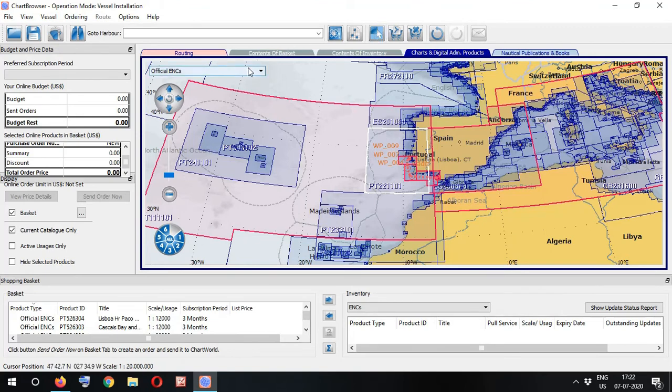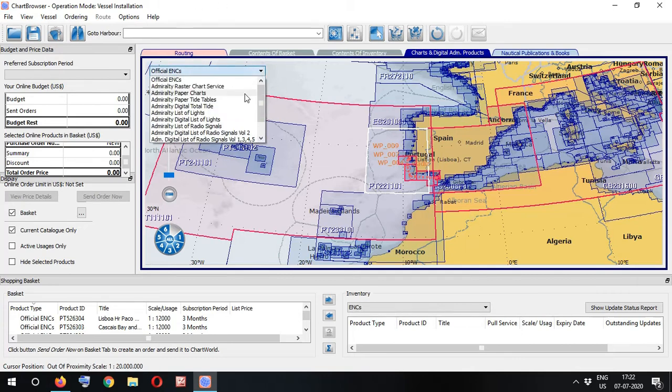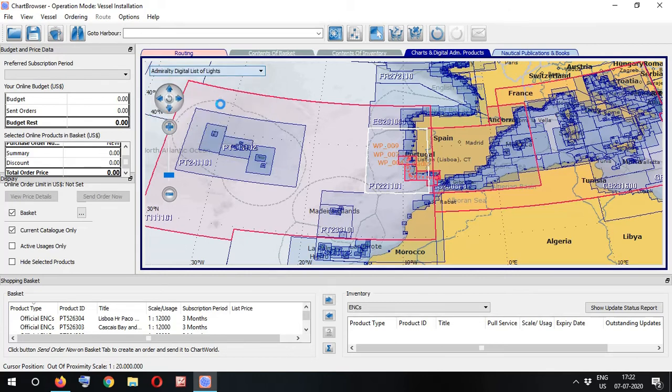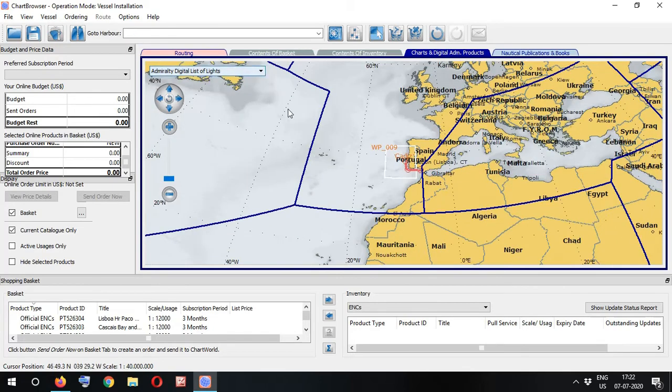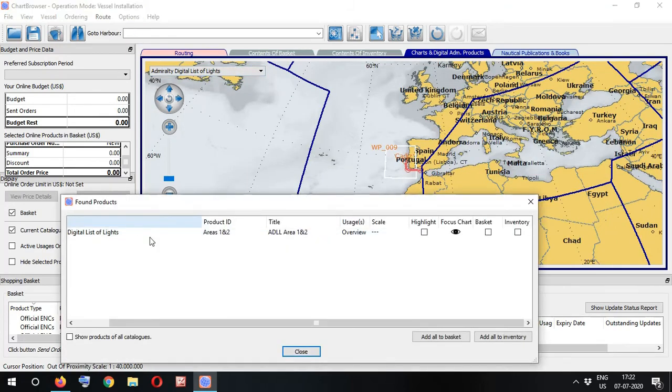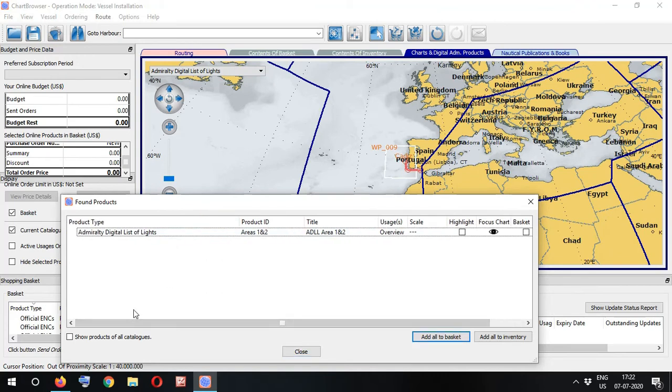Now if you want some publications, this is for the duty officer, who wants to know which sailing direction we are passing and which Admiralty list of lights we want to use. You can select here. It will also show the Admiralty sailing directions and Admiralty digital list. You just right click and you will know. It is just there for the seafarer to know it faster without actually going into the publication.